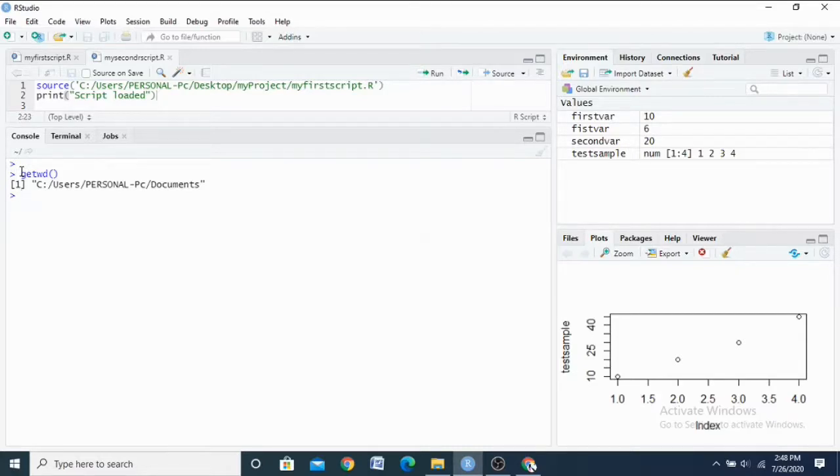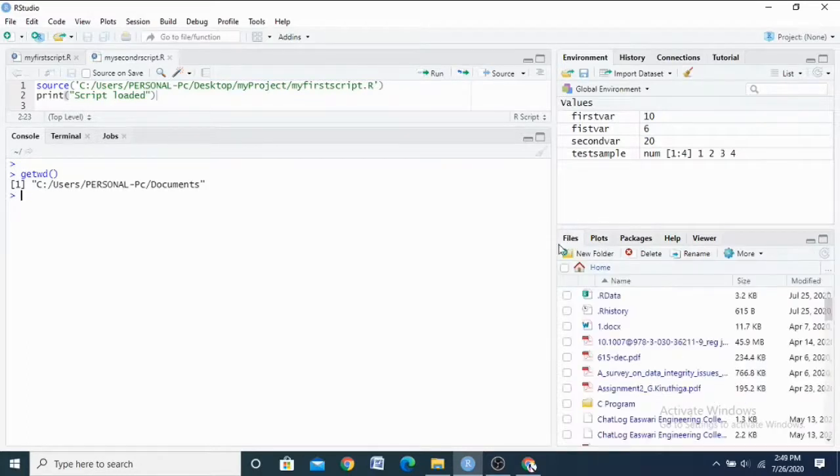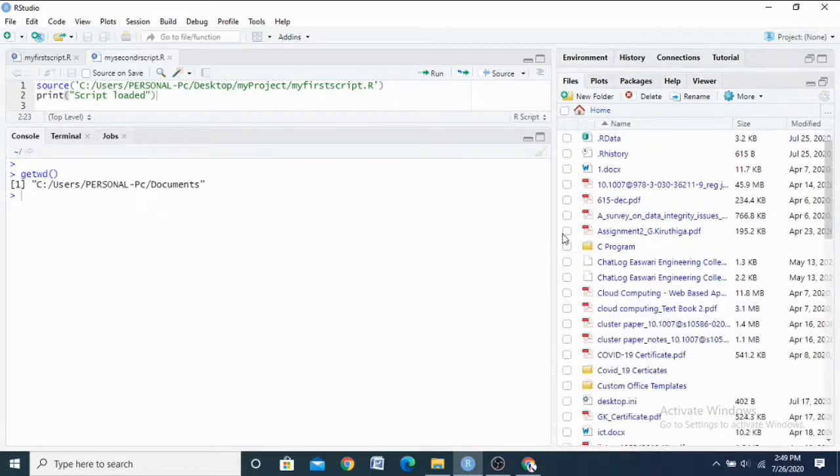Then how to set the current working directory. Go to the Files and Plots window and maximize it. Check the files. See, after the refresh button there will be three dots.